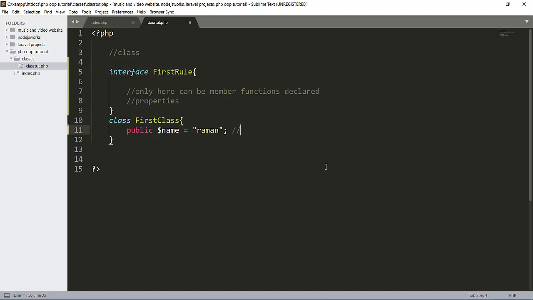Like this is our data member. When we declare a function here, that is known as a member function. So let's declare one function here. See that here, public. If you do not write an access modifier here, the default access modifier will be public, whereas in a class it is private. So here is public, then there is a function.